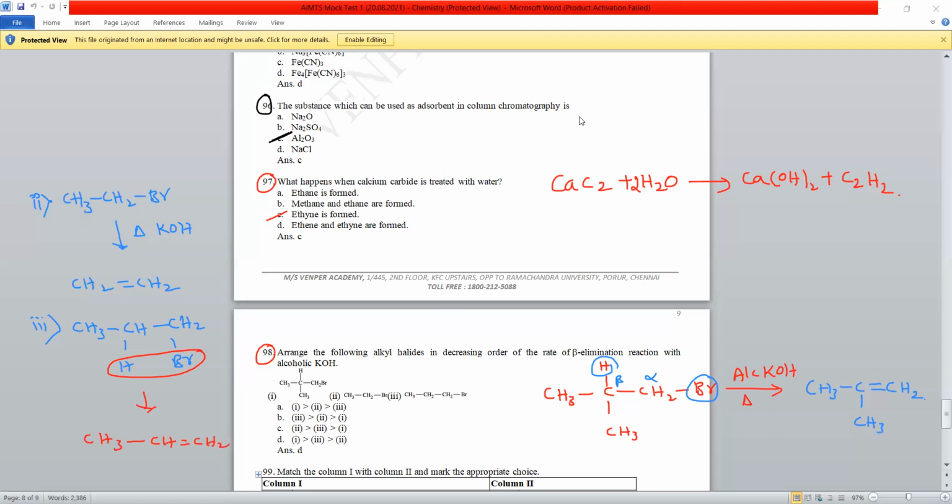According to the Zaitsev rule, the alkene having more substituent groups is more stable. Disubstituted is more stable than monosubstituted. Here it will be monosubstituted, and here there is zero substitution. According to the Zaitsev rule, the highly substituted alkene is the most stable one. So this being highly stable means it is more reactive. So option A is more reactive than 3 and 2. So the answer should be D, the correct one, students.